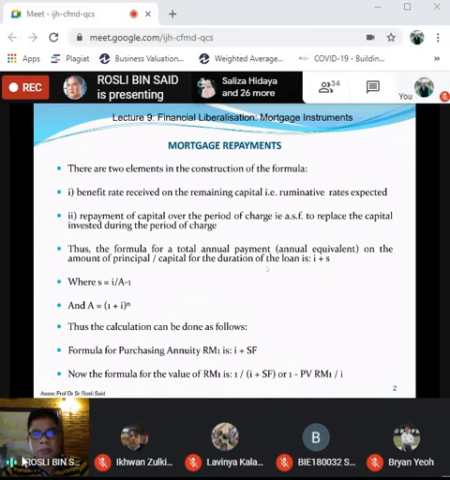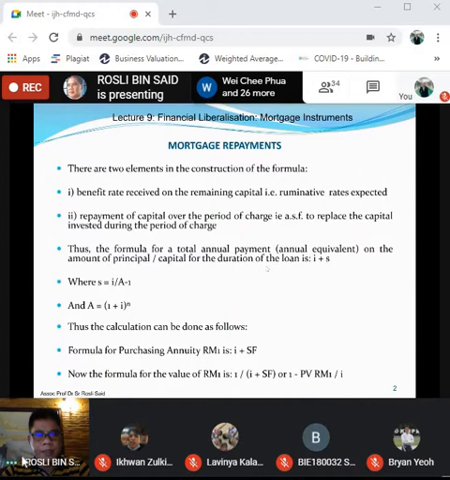So for example here, the annual sinking fund replaces the capital invested during the period of charge. That means we need to use the formula of the annual sinking fund, or annuity, to replace the capital invested